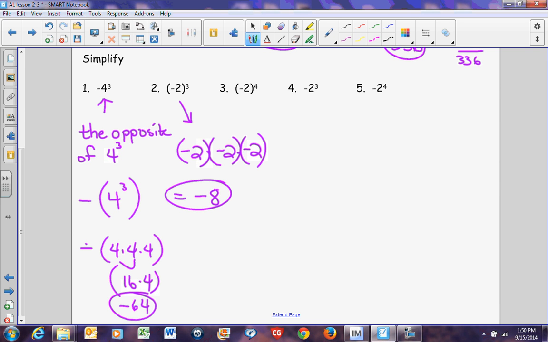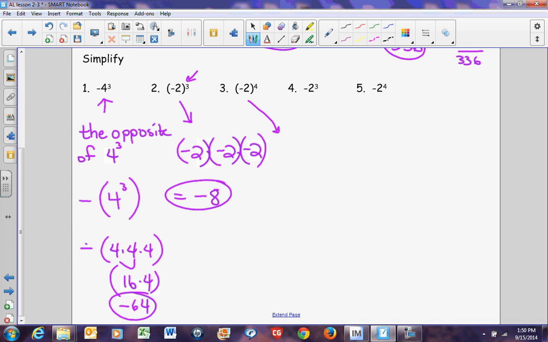Not a big deal if you don't think about it, but it can be a very big deal because of the fact that this exponent 3, if it's an odd numbered exponent, does change your sign being positive or negative. If it's an even numbered exponent, it can also change your sign,